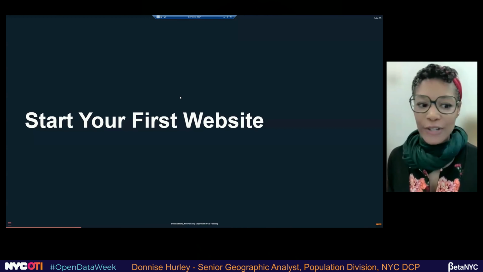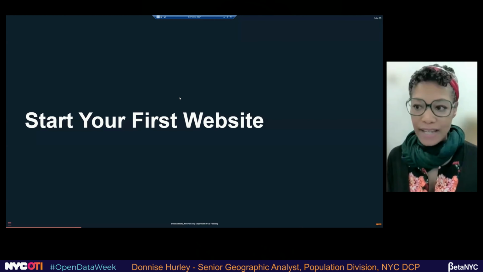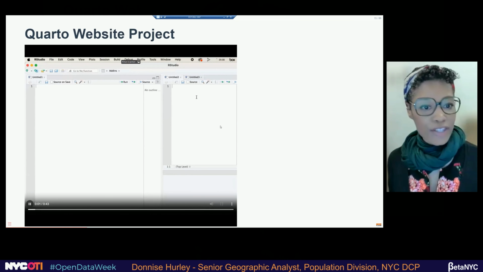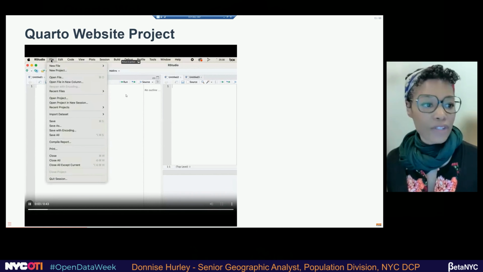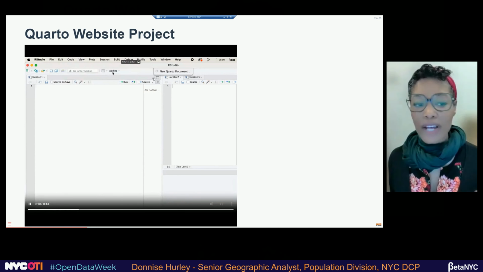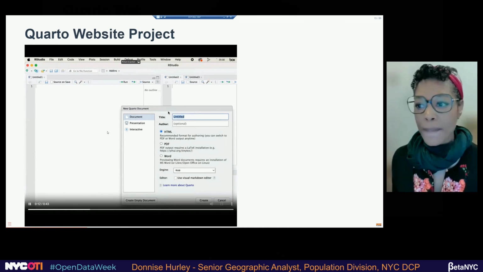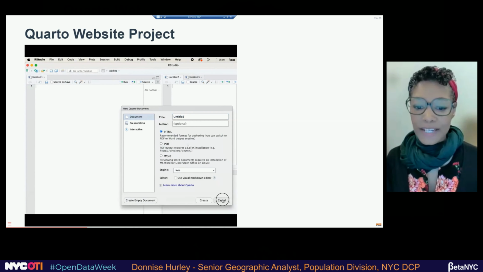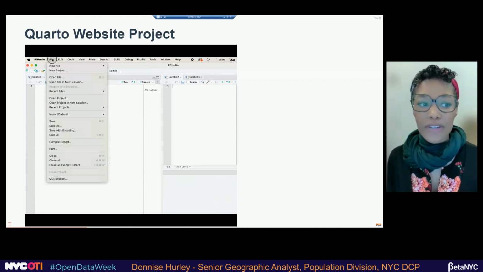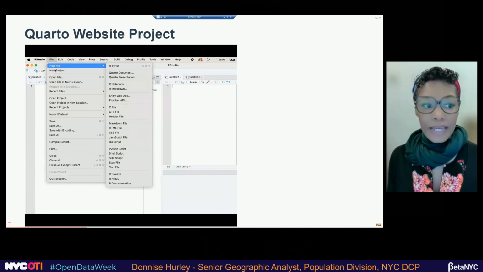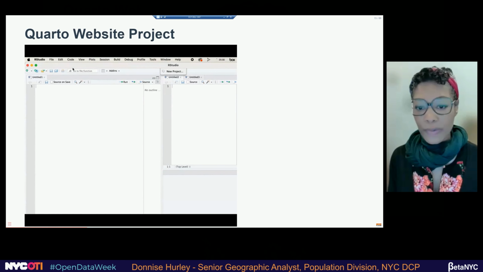So I'm going to show you how you can start your website, and I'll stick to a simple HTML example. So I'll walk you through this. When you start, after you download it, you'll get an option under Files for starting a Quarto document or a Quarto presentation. But if you're starting a website for the first time, you don't want to start with a document because there's additional information that you need to add to that. So instead, you're going to start a new project, and you'll start a Quarto project.